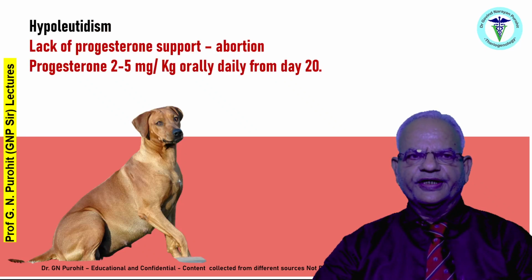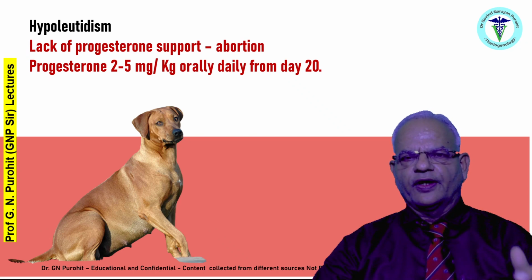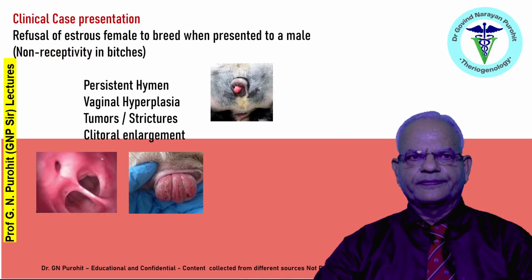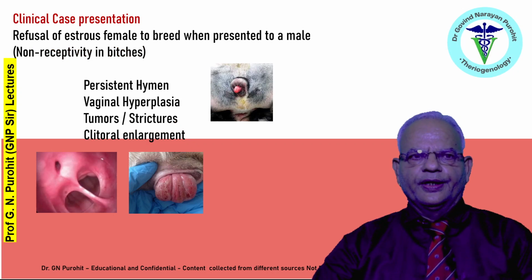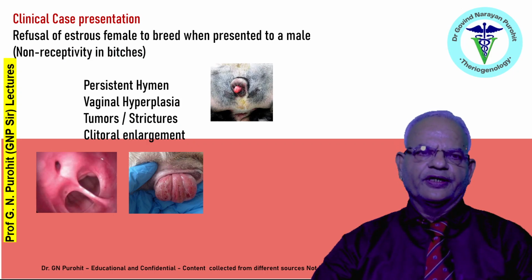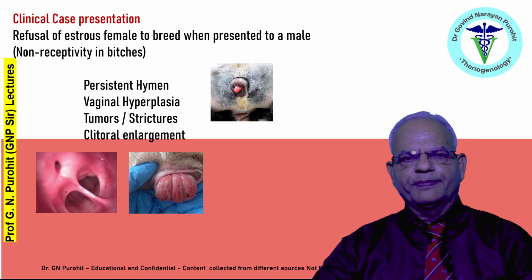Then there is hypoluteinism or lack of progesterone support. This leads to abortion, and progesterone supplementation 2 to 5 milligram per kg orally daily from day 20 of conception is suggested. The non-receptivity in dogs could be because of persistent hymen, vaginal hyperplasia, tumors, strictures, and clitoral enlargement, for which we have